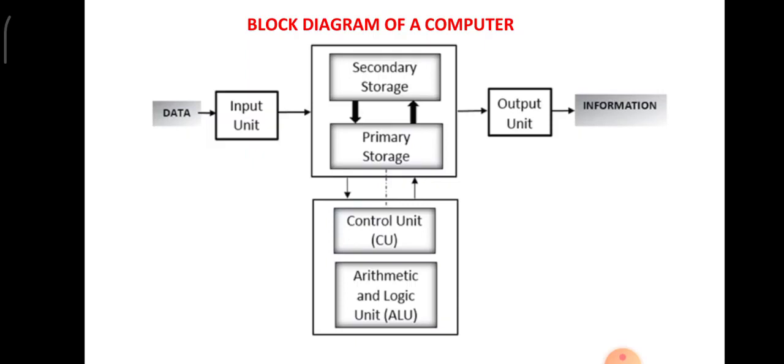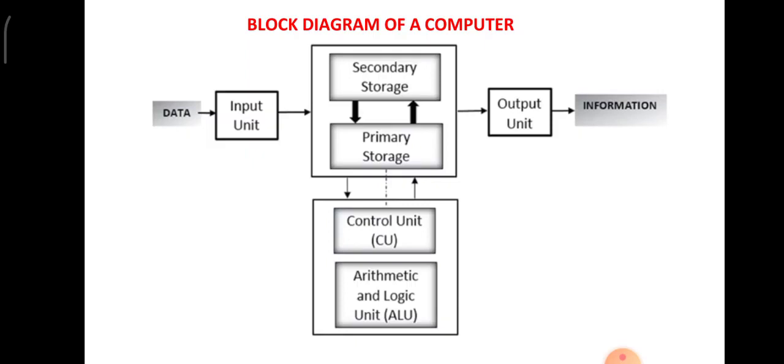Hope this is clear to you. Let me tell you once again. The input unit collects the input from the user through the keyboard. It immediately goes to the storage unit, which is the primary storage, which is the RAM. It immediately enables the control unit in the central processing unit and activates the arithmetic